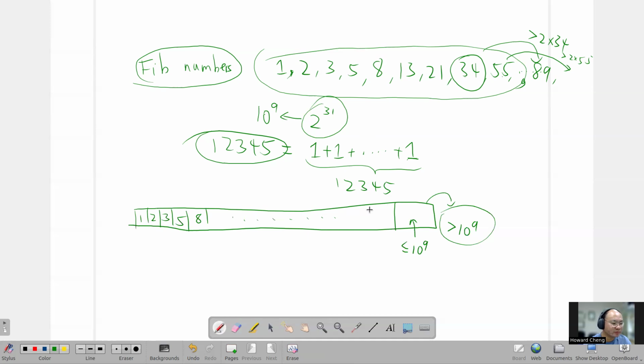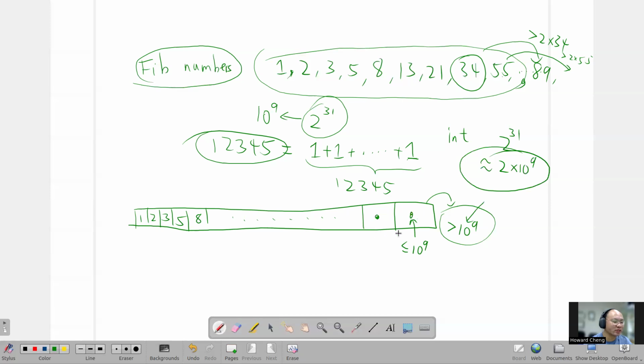Okay, now there is one thing. If you just keep on adding the sum of the previous two to get the next one, and the next one is too big, are you going to be in trouble if you're using a 32-bit int to store these numbers? It's up to 2 to the 31, which is about 2.147 billion or so, but let's just say about 2 billion. So can I take these last two numbers that are pretty big, add them, it's bigger than 10 to the 9, and also bigger than the limits of the int, and then you end up in trouble because you have overflow? And the answer is no, because